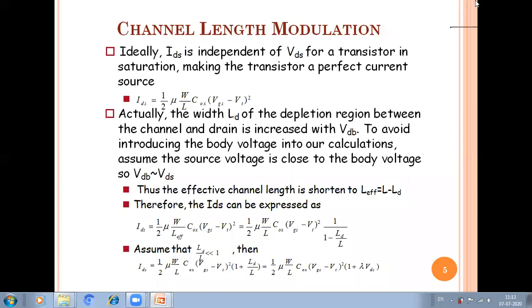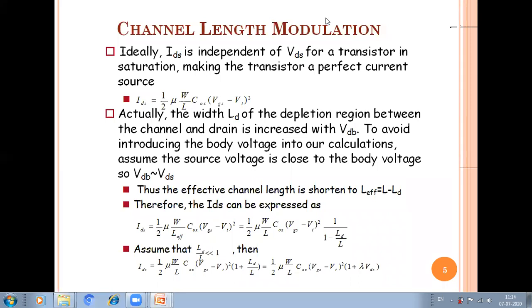Now here you'll understand the channel length modulation. First we'll understand what channel length modulation is. We know that VDS is the voltage between drain and source. Increasing VDS, the region for which the inversion charge is zero keeps on increasing for a constant value of VGS. Thus, our channel length keeps on decreasing, and this phenomenon is called channel length modulation.